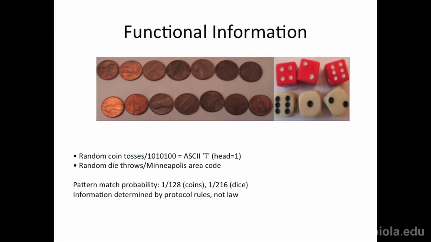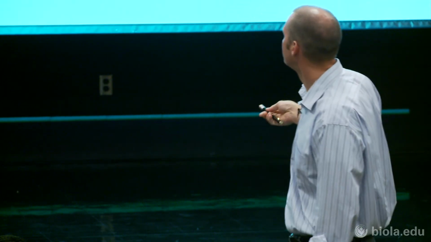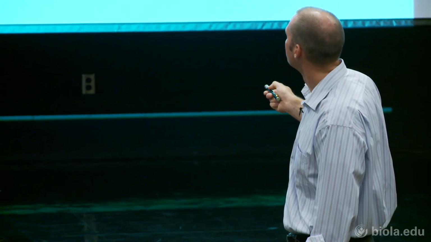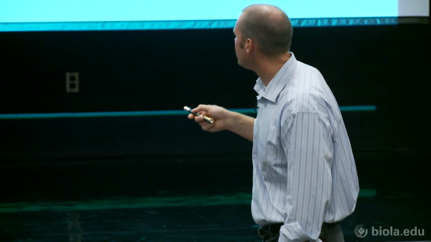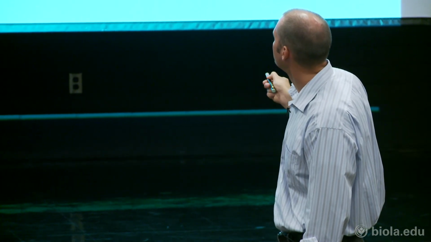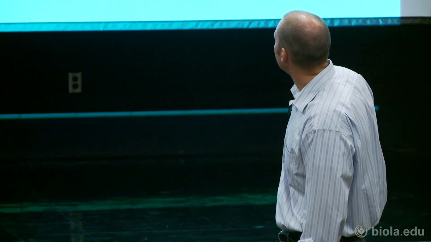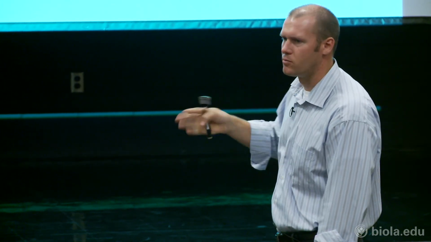If you turn coins over so that heads is a 1 and tails is a 0, you could use coins as your medium for doing ASCII code, right? So this is a bunch of random coin tosses. Here is a specific amount. So this is just random though, right? Random coin tosses, 0s and 1s, is creating Shannon information.